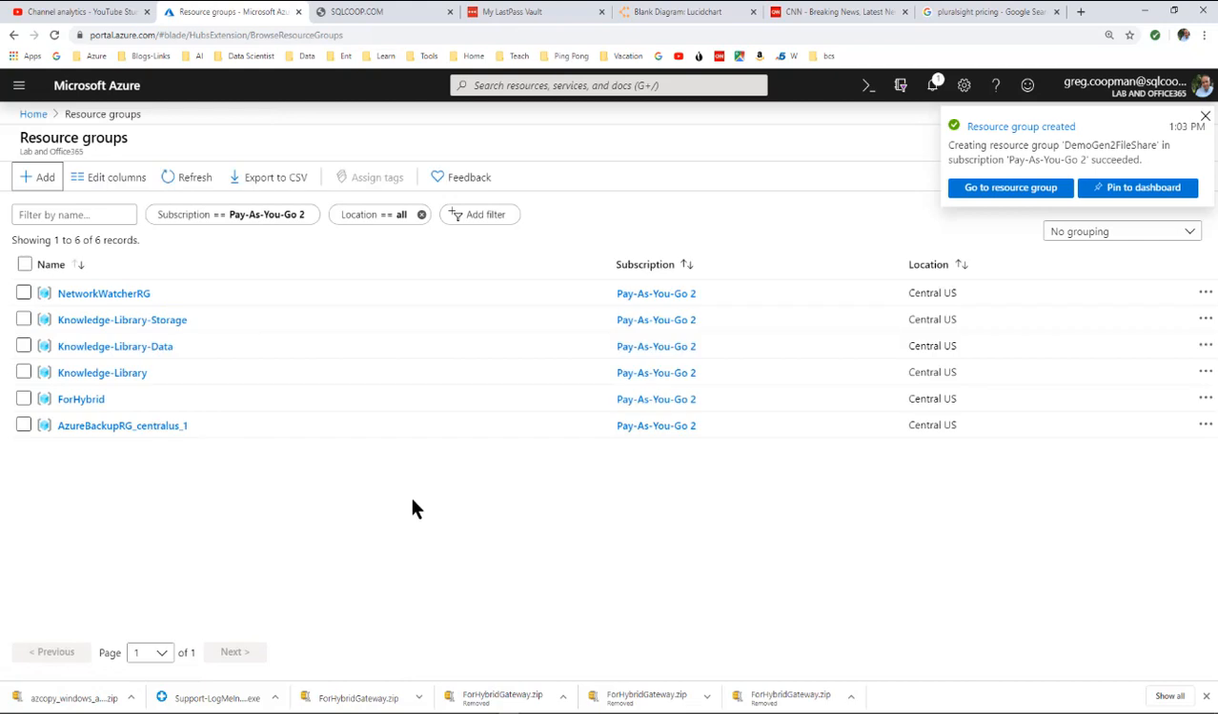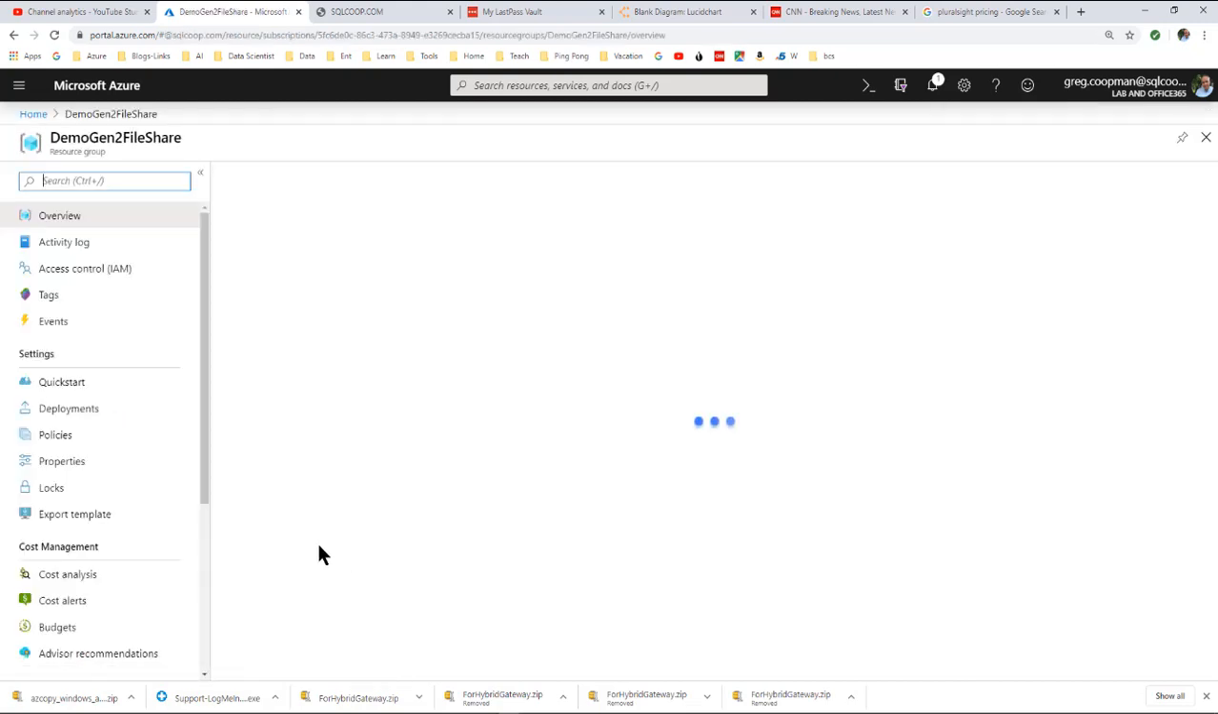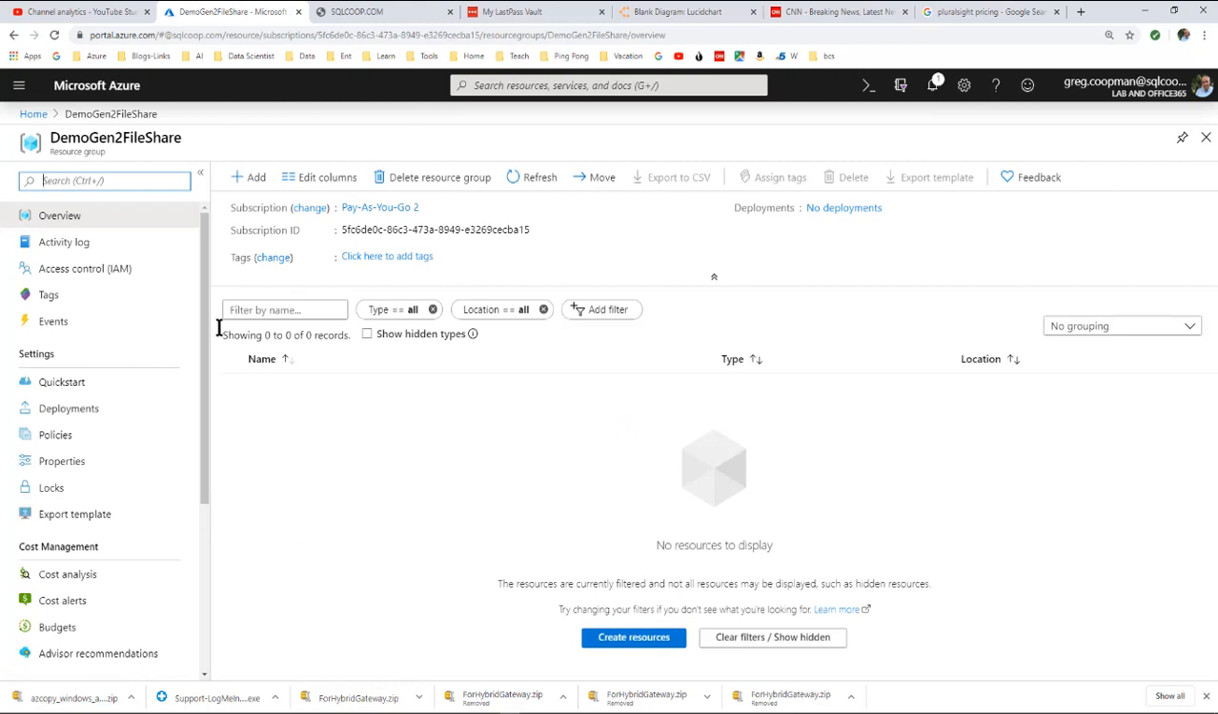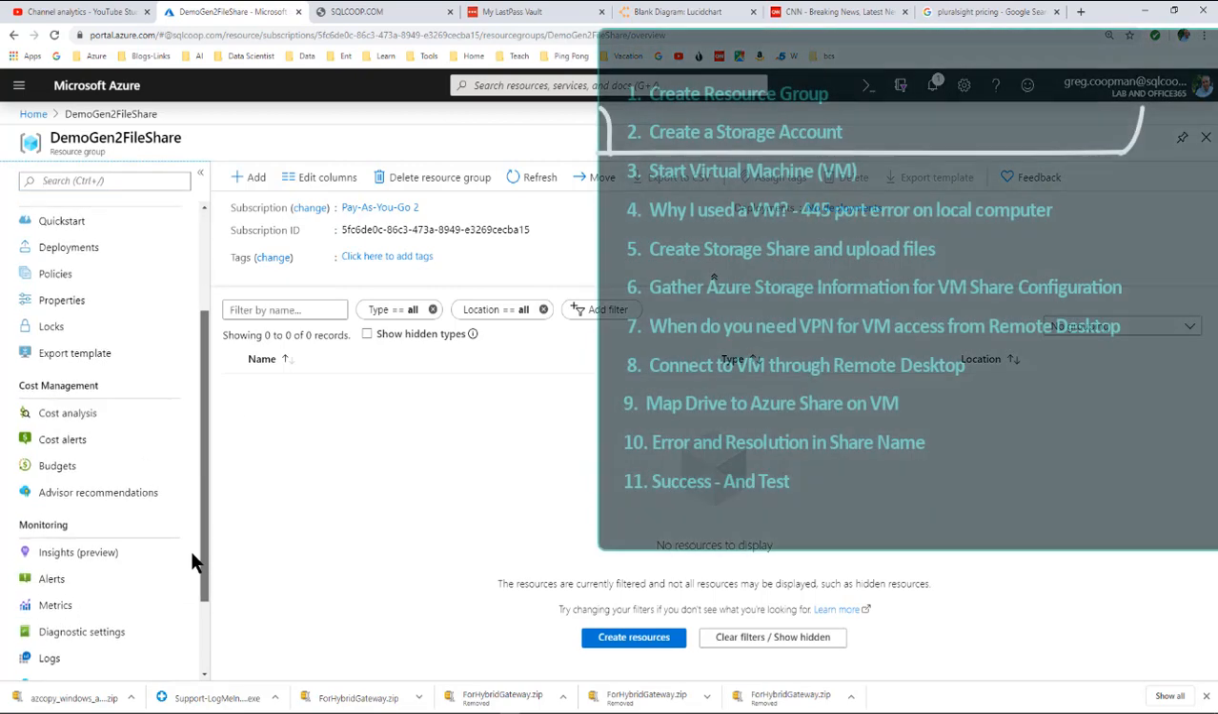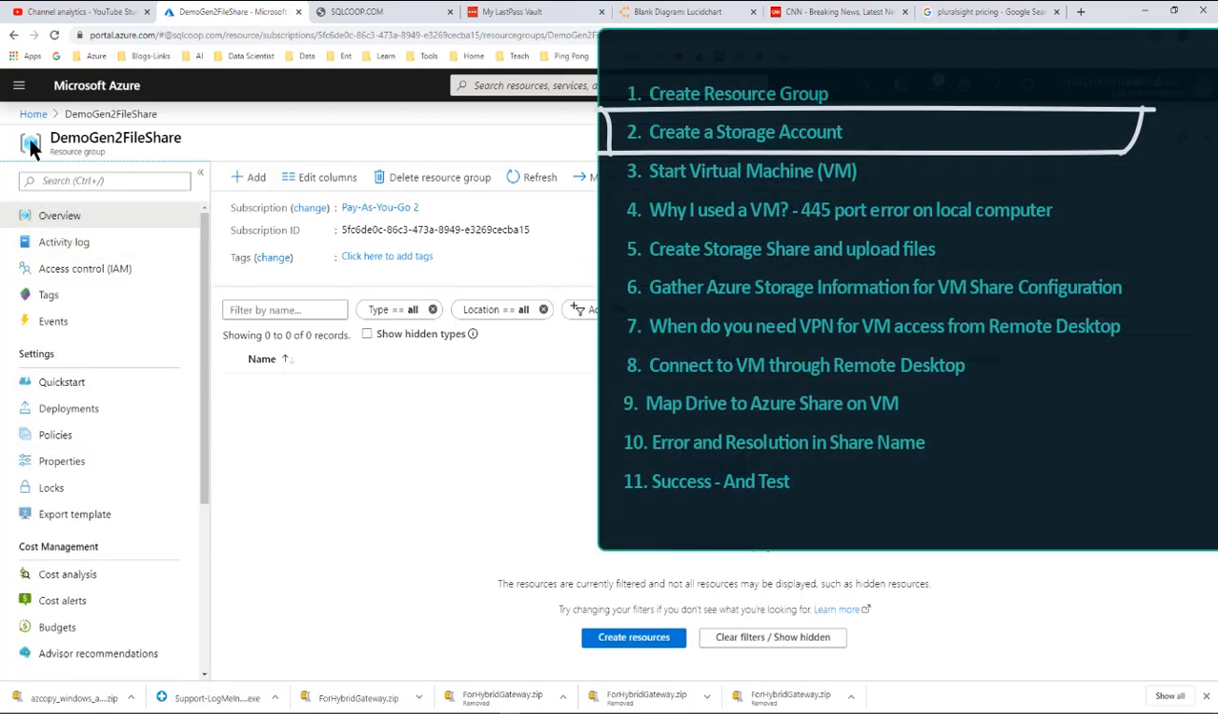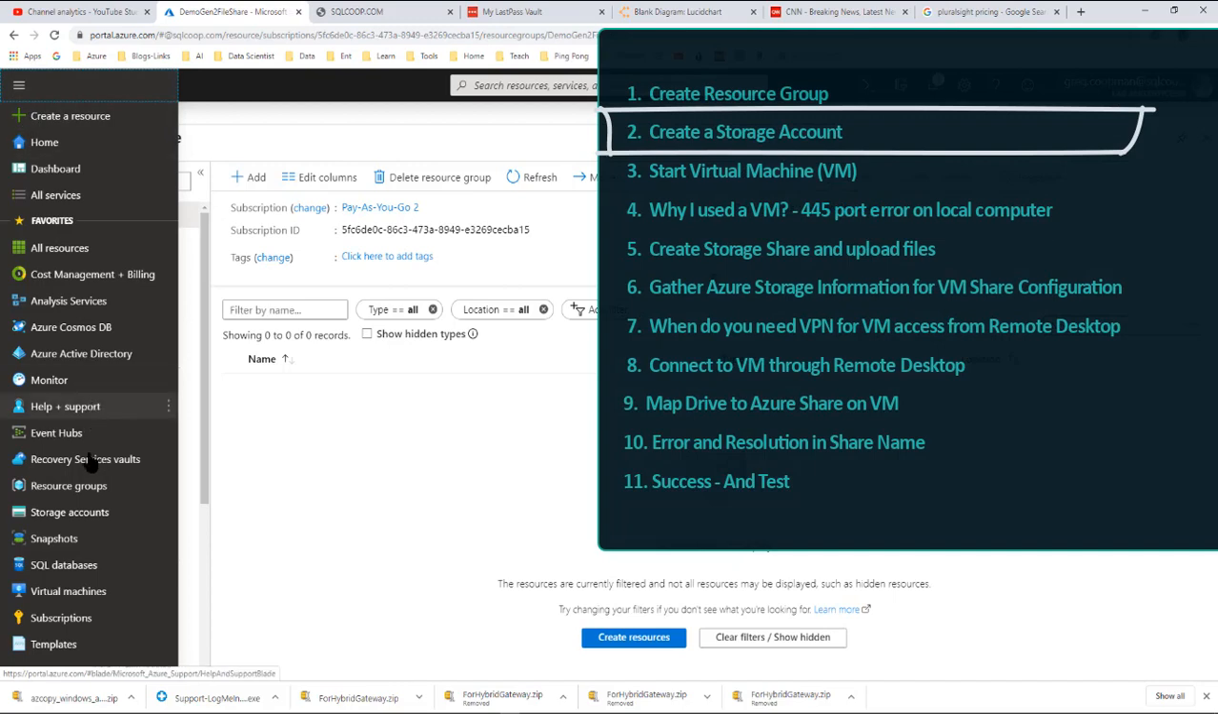Okay, so now we've got ourselves a resource group. It's already created, and we're going to go to that resource group, Demo Gen 2 File Share. Okay, so the next thing I want to do is create a storage account. So I'm just going to go into my storage accounts here,